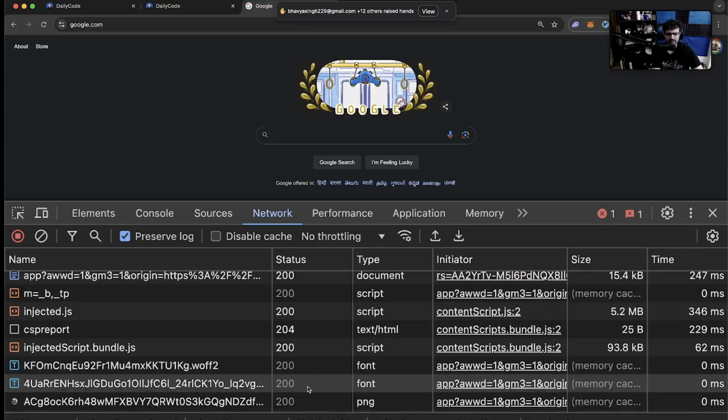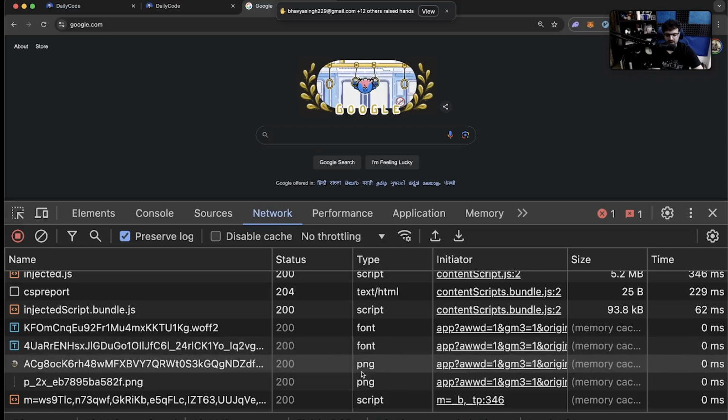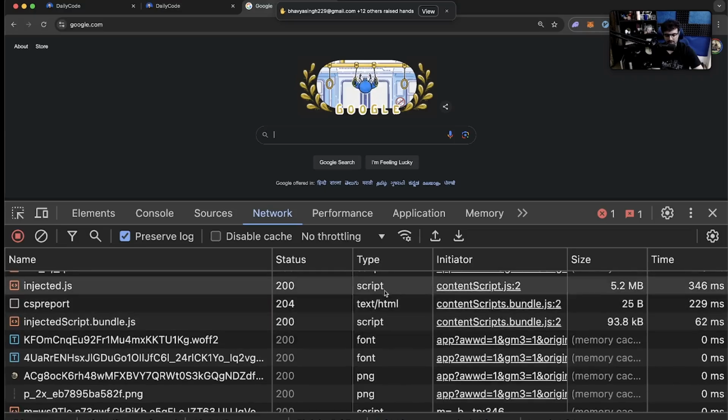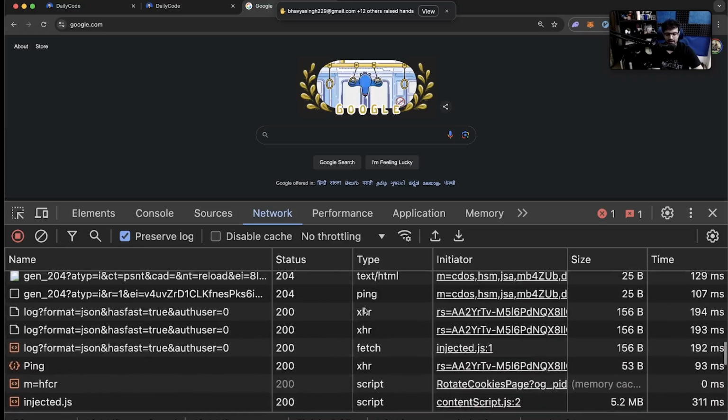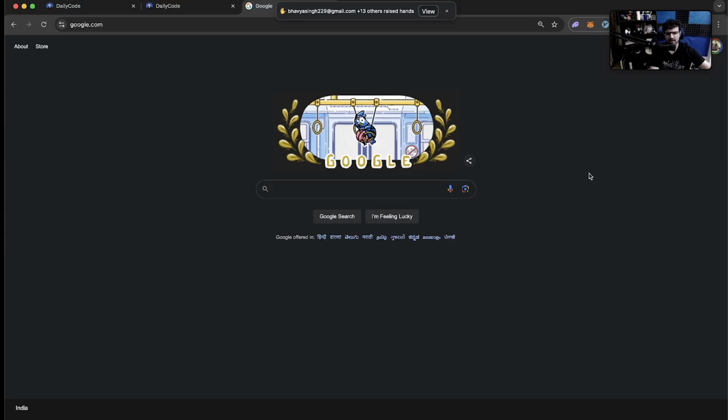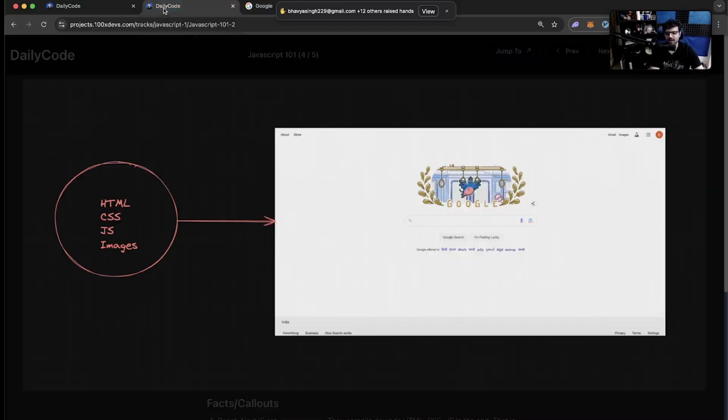If you inspect all of these requests, you will see it is either an image, PNG, or a script, some JavaScript, or some HTML. All the data that the backend returns to you is primarily HTML, CSS, and JavaScript. Sometimes it is JSON data, XML data, a bunch of other things. But to create any basic website without too much functionality, even a complex website, HTML, CSS, and JavaScript is all you need. Your browser only interprets these languages.